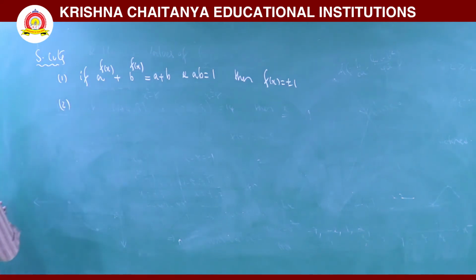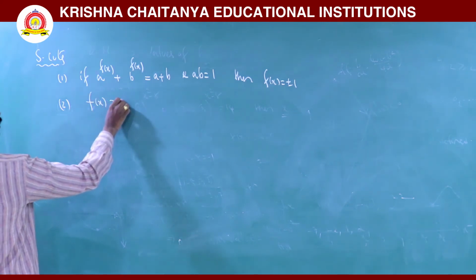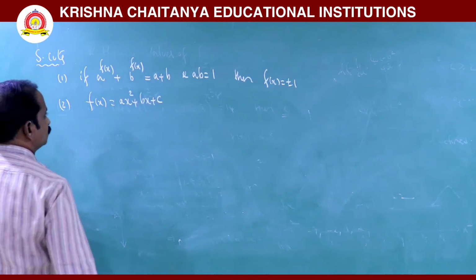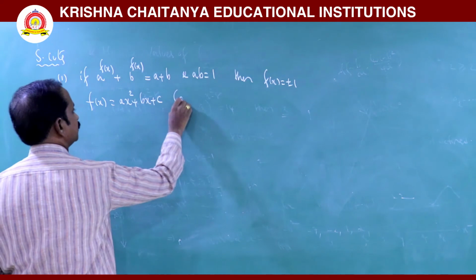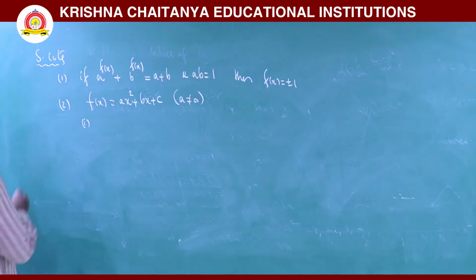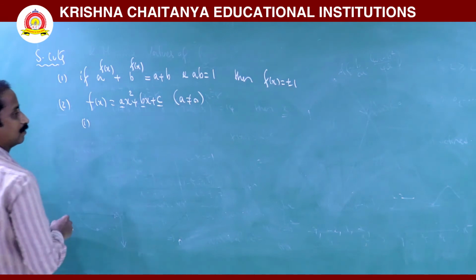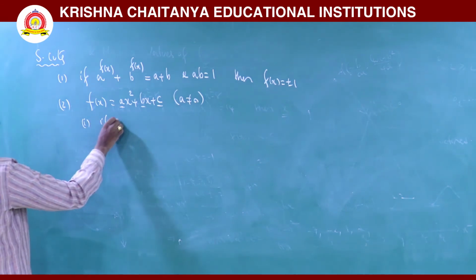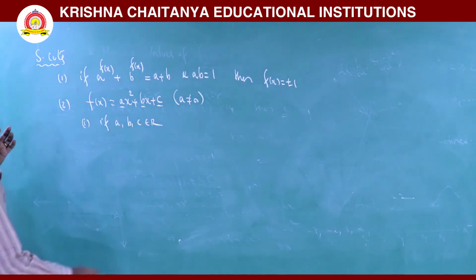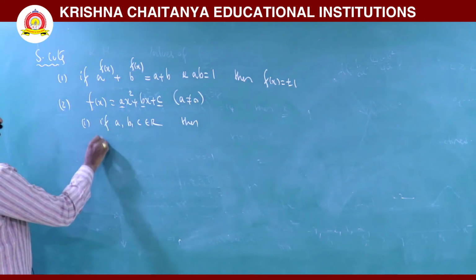For the polynomial, consider f of x, where f of x is equal to ax square plus bx plus c, with the condition a not equal to 0. Consider subpoint 1, when a, b, c are real. If a, b, c belongs to R, then for the respective polynomial, imaginary